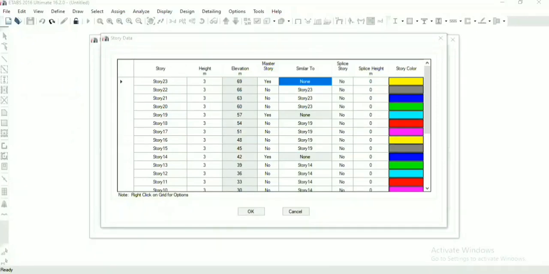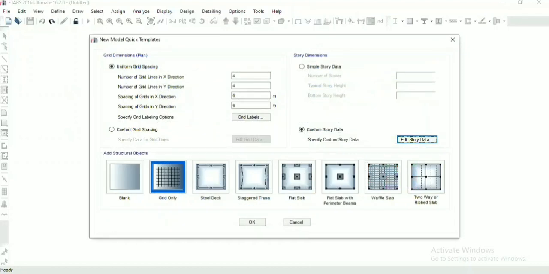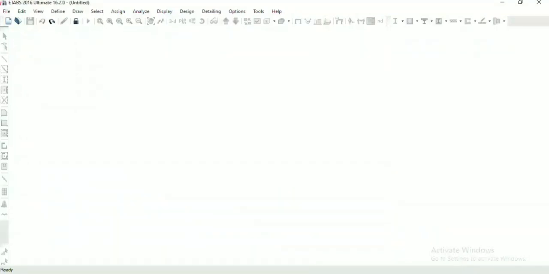Stories 20 to 23 are already set to the 23rd story, so it is set. Now click on OK. Select grid only and then click OK. It will create grids.